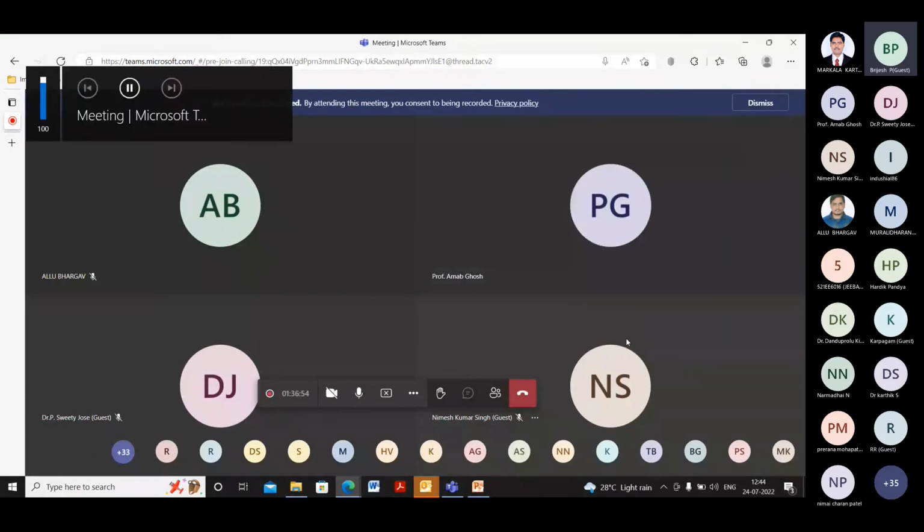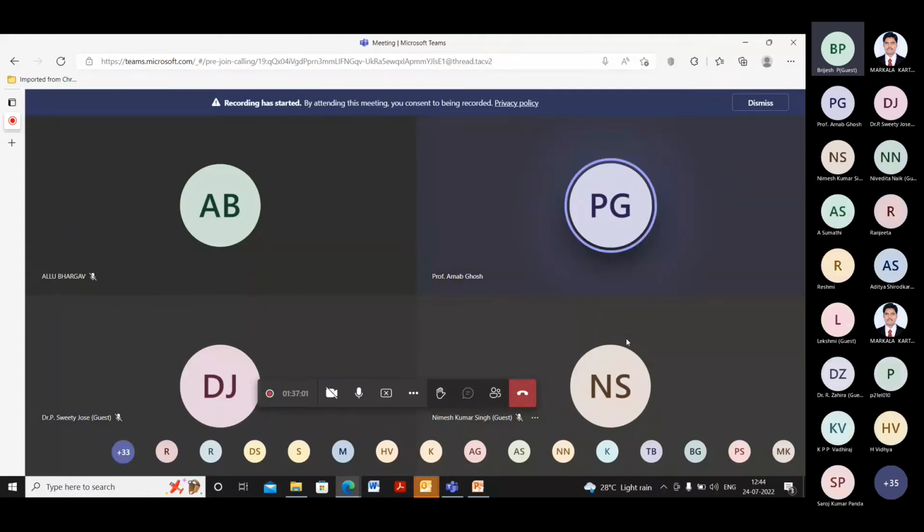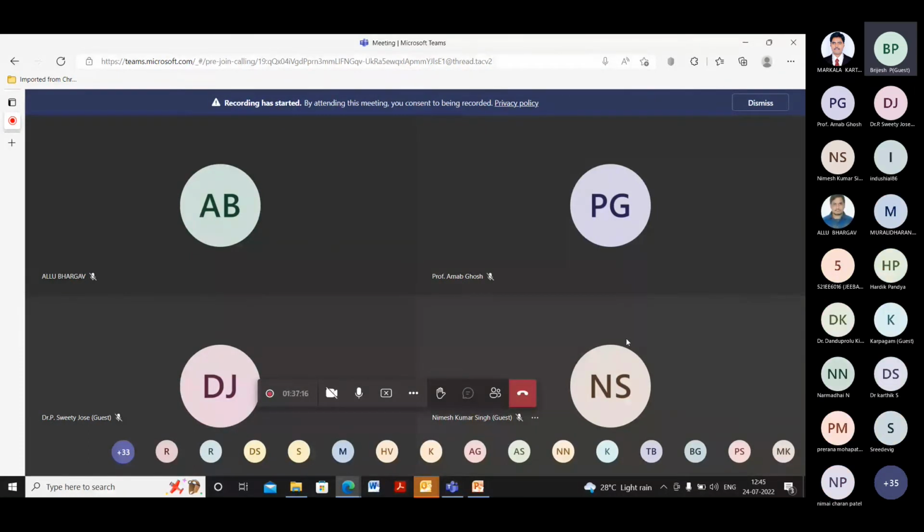The participant can unmute the audio and interact with you, sir. It is by Mr. Veerasundaram. Sir, can you unmute your audio and speak?